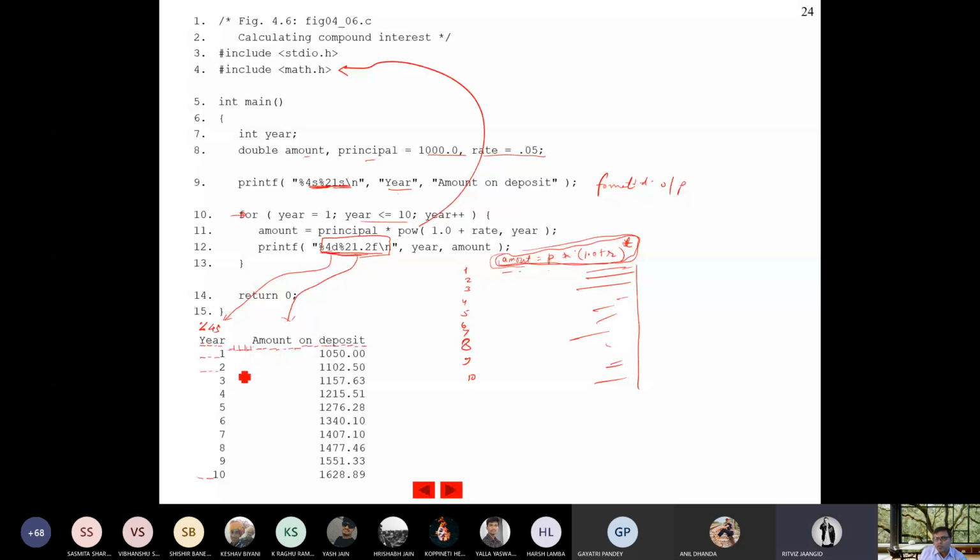Yes, sir. So this is 21 spaces and this is 24 spaces. Now what is written? 21.2. Always this is .2. And from this place to this place, the space is 21. So that's why this is 21.2.